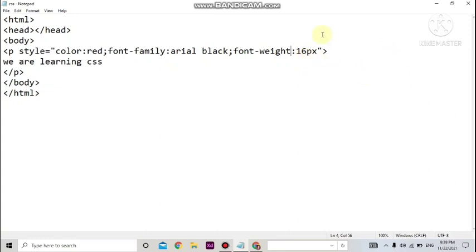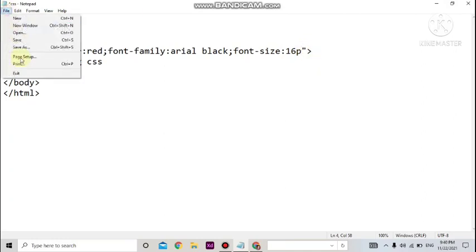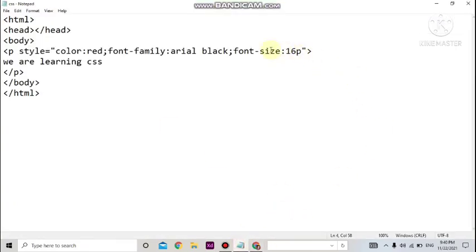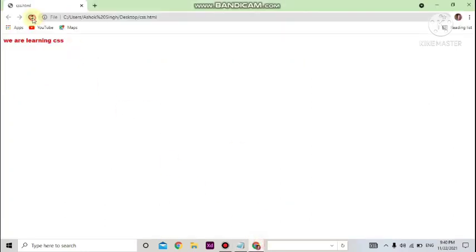It was font-size only. Why is it not accepting? Wait, font-size, and here I will not use pixel. Let's see what happens. File, save, refresh the page. Now also it's not taking. So this you will try in the lab. I think here it is not getting accepted, but we write pixel. Wait, have I given any space here? Pixel and then semicolon. File, save. Try it in the lab once. Okay.